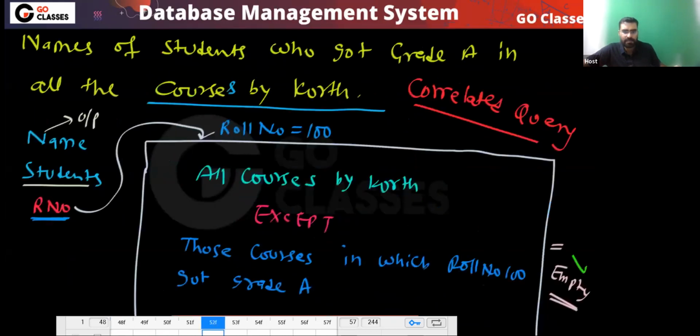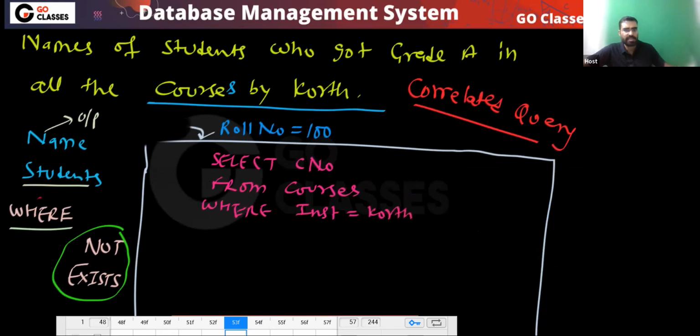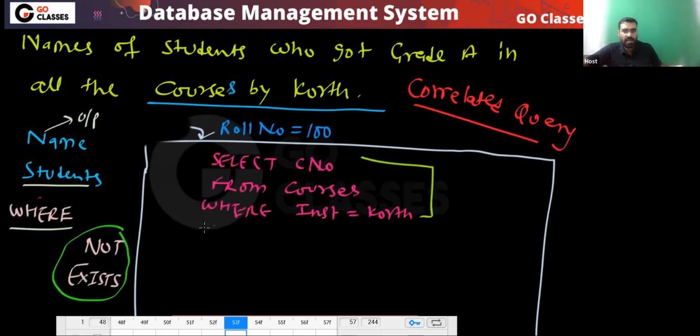I can say select course number from courses where instructor is course, correct? So this way I can do. This will give me all the courses by course. So I got this, all the courses by course, except